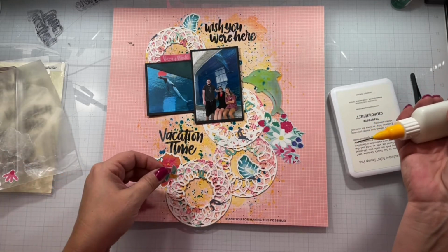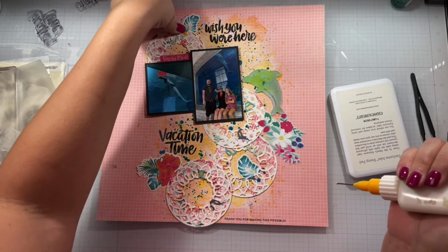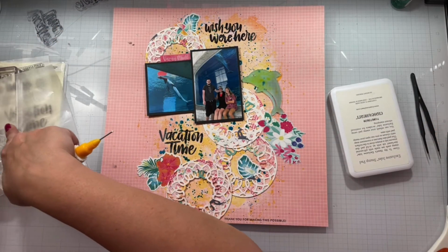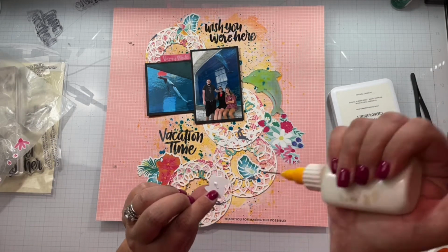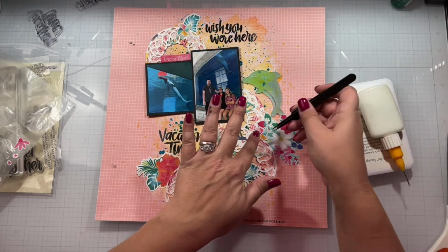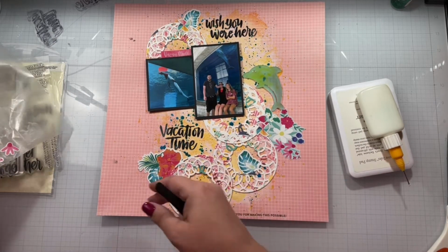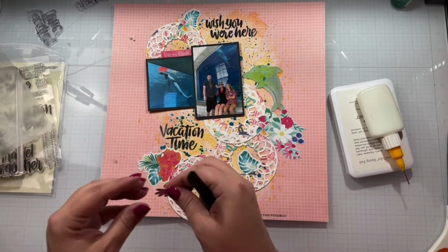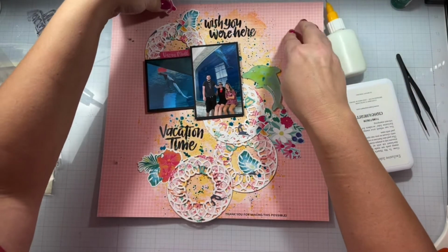Because you pretty much go in there and start to, a lot of it gets covered up. So even if it looks like a hot mess, right, it's going to be changed, because you're going to start putting things over it. Okay. This little guy. And yeah, I am just using